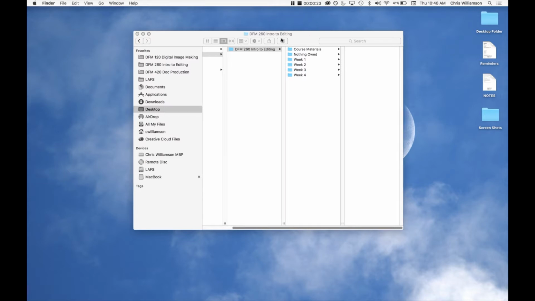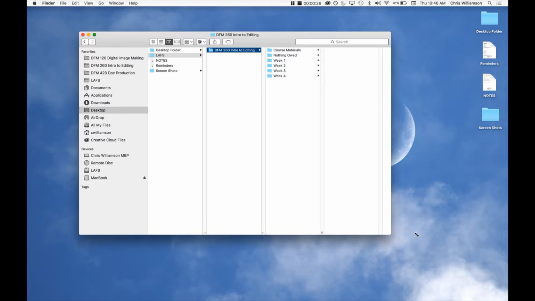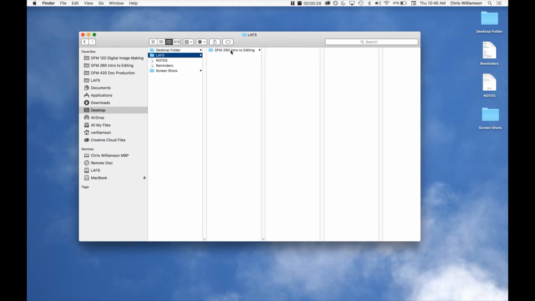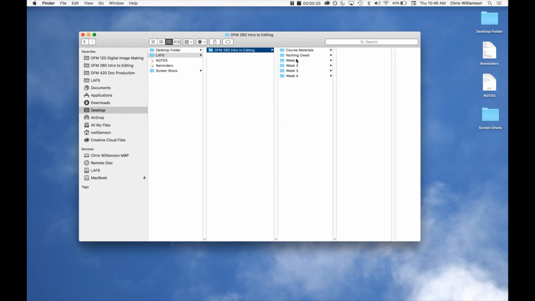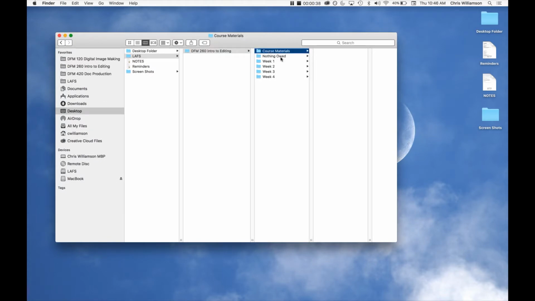So to start off, this is all about organization. When you create a course at LA Film, I'm pretty sure that you all probably create a folder for everything for this class. If I was a student, and I was a student at one point for many, many years, I would always create a folder for my classes, and then I'd make a folder for materials, and I can see how at LA Film Online, you might want to create a folder for each week that you can then put your assignments into that are particular to that week and stuff like that. In this particular class, you're going to have this one assignment that you end up doing